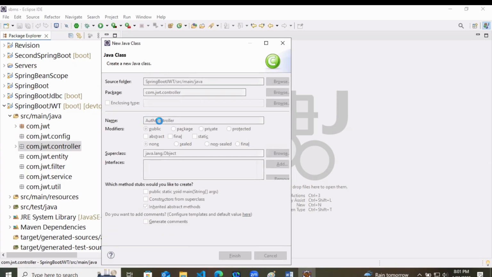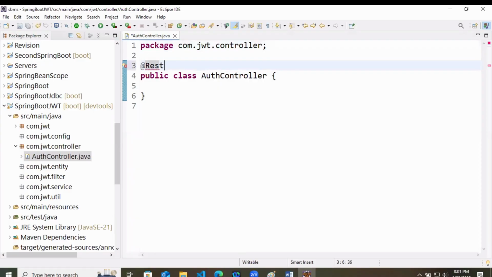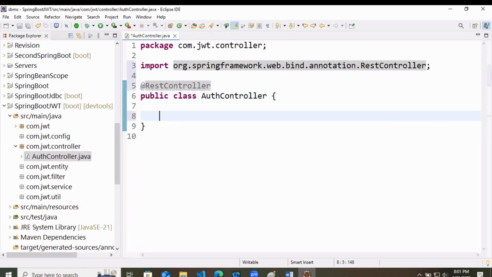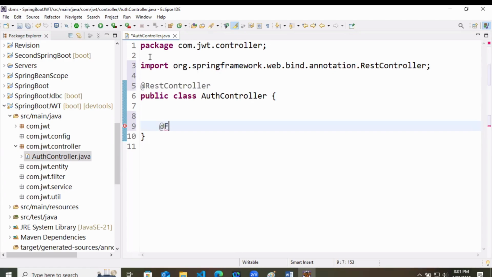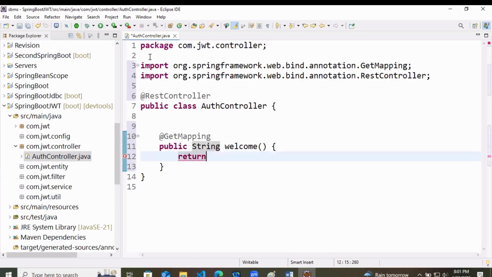So here we are writing AuthController and marking it as REST controller, and just create one method here which will accept a get mapping of public string welcome. Here we will return one string saying this is a protected welcome message.